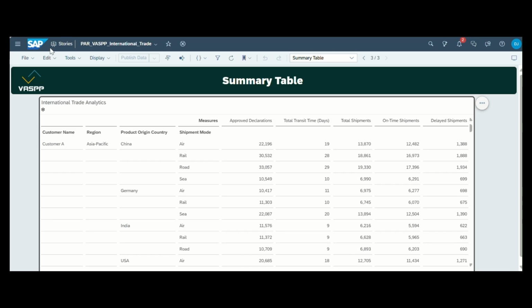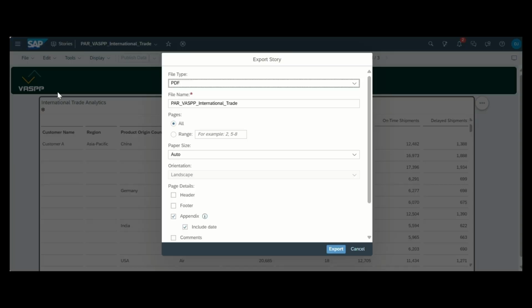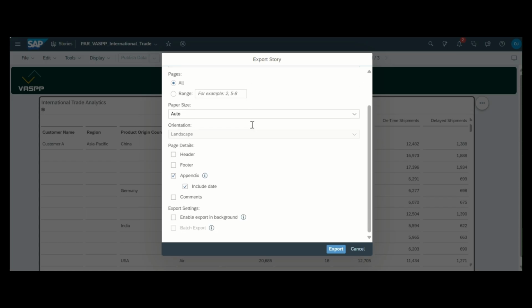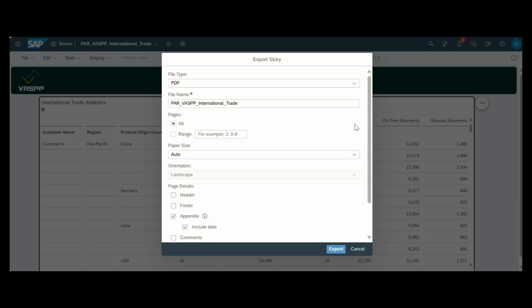It's not over yet. SAC also allows the export of data from individual charts or entire dashboards from SAP Analytics Cloud, ensuring that your data insights are easily shareable and accessible to your intended audience. It is a useful feature for sharing insights and reports with stakeholders who may not have direct access to SAC. We can export into Excel, then show and extract table data into Excel, and finally, export the dashboard as a